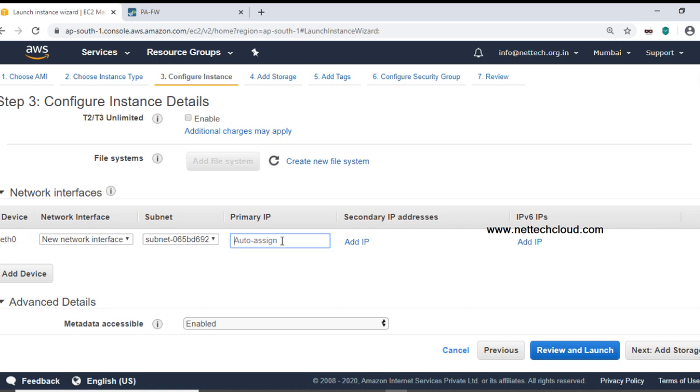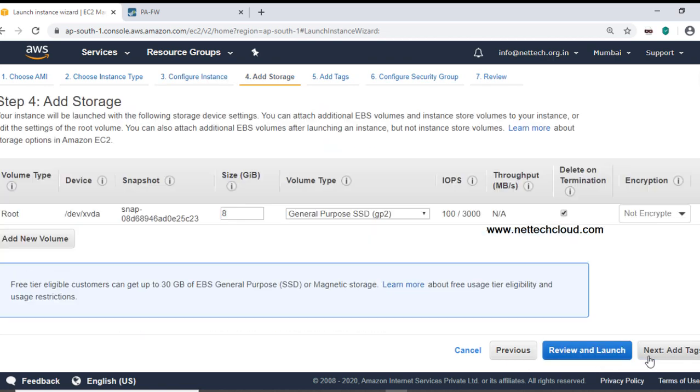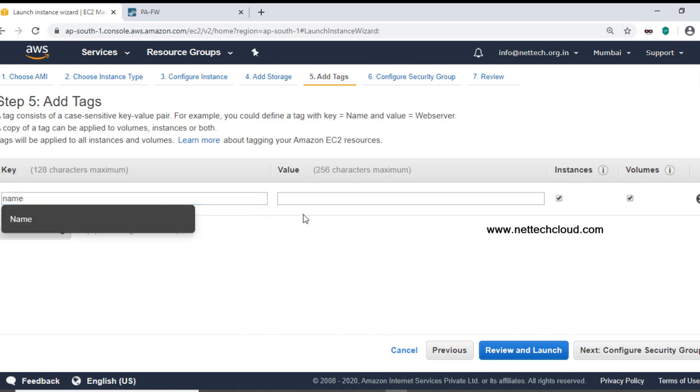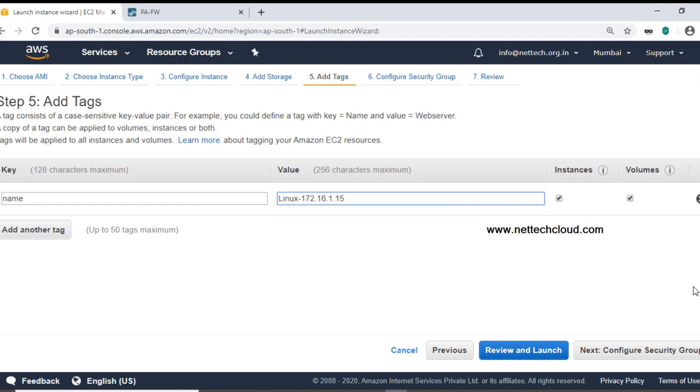And I want to use a private IP address here, and the IP address is 1.15. I want to use this 15 IP address, and no additional storage, and a tag if we want, here the name is Linux machine, and the IP address is 15.